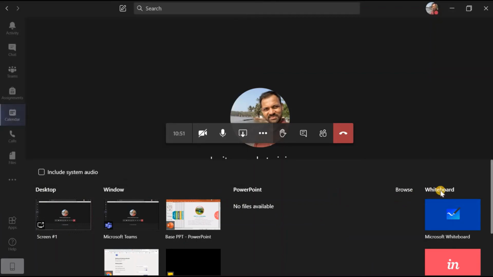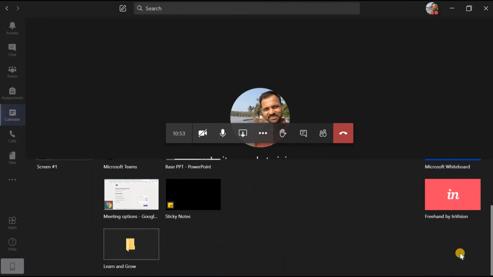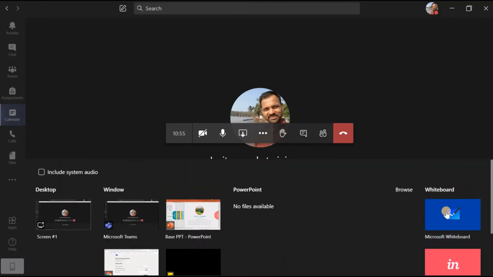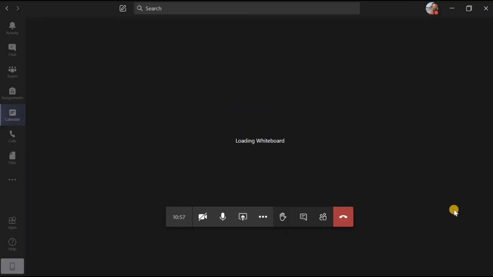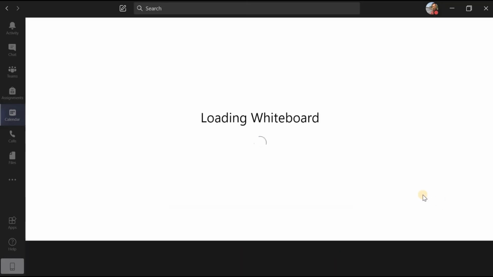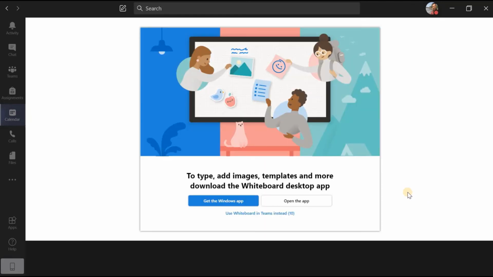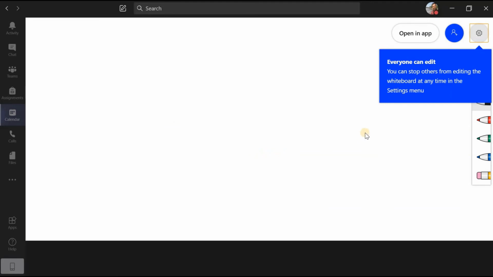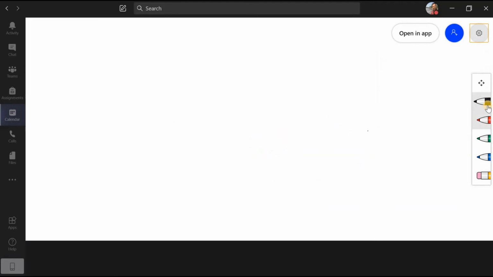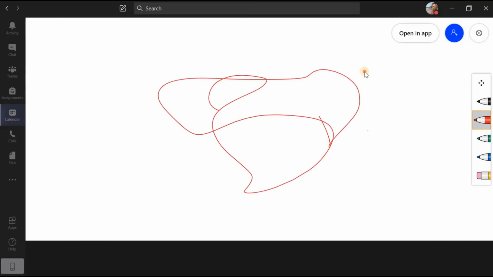now beside that browse button, a few more options are there. Here the whiteboard option is there. Okay, be patient while the whiteboard is loading, it will take some time. Okay, here a number of different colors are there, and with the help of this I can easily draw.